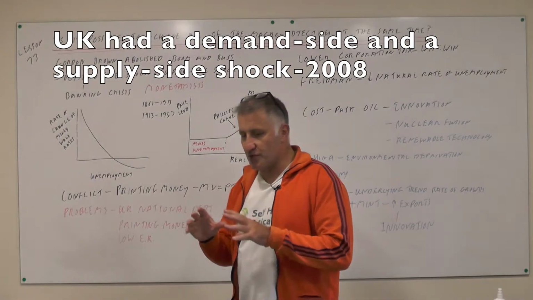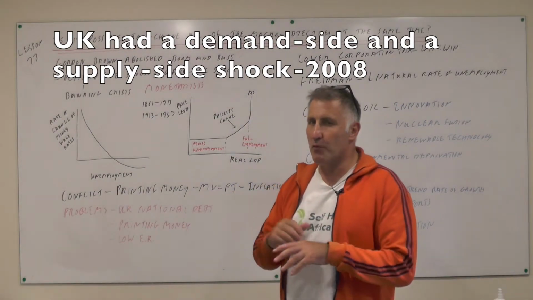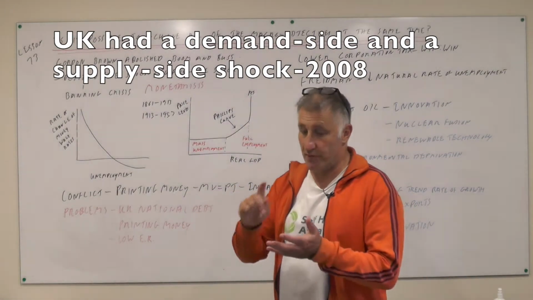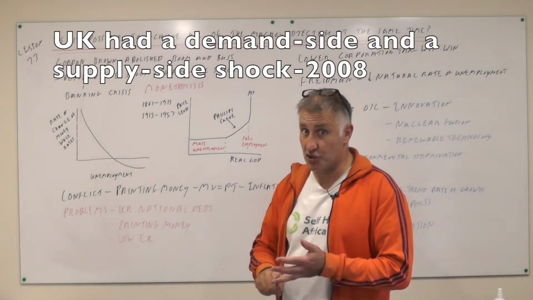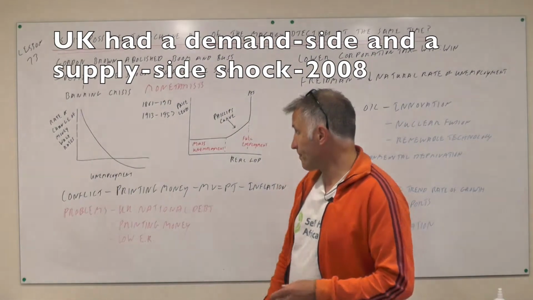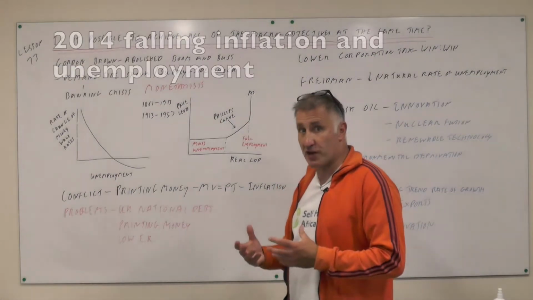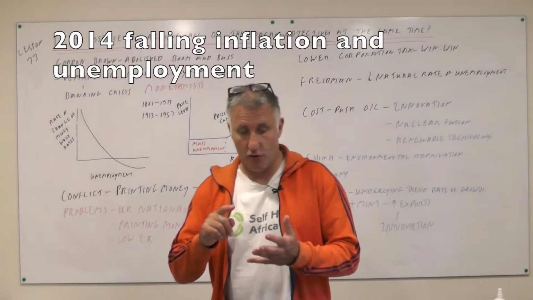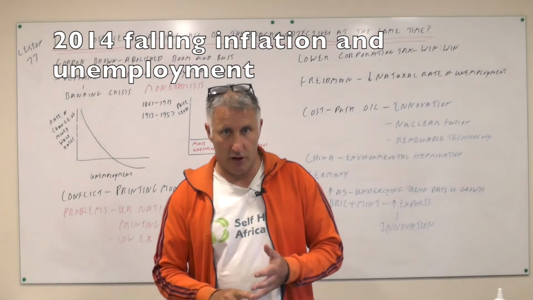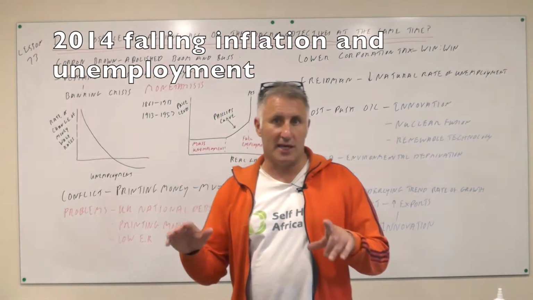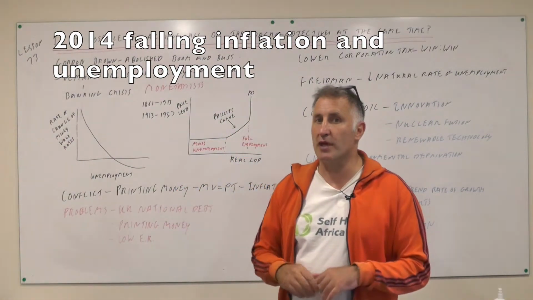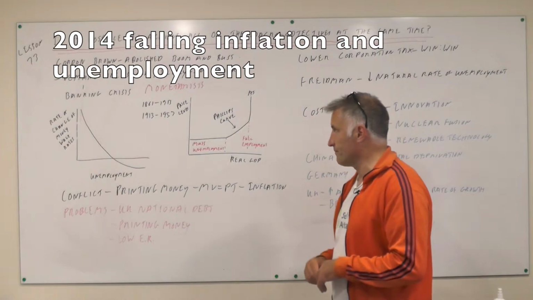So all of these things meant, therefore, that we weren't achieving any objectives. In fact, all we were achieving was lower growth, higher inflation, and more unemployment. However, we have recovered since then, and right now in 2014, we've got lower unemployment, lower inflation, good growth, and the only black mark is the fact that we have a pretty large trade deficit.